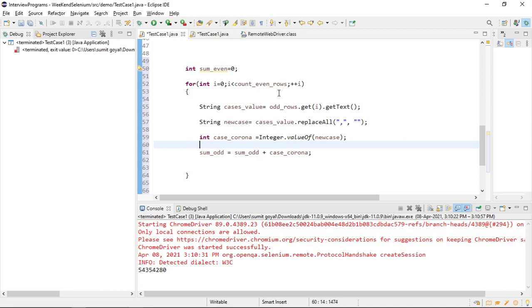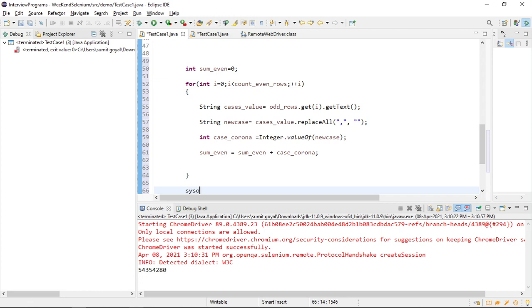After that, this will be the same, as these are local variables. I can use the duplicate name because this is local to only this for loop, so I am giving the same name. And instead of this one, I will say sum of even equals sum of even plus cases of corona.